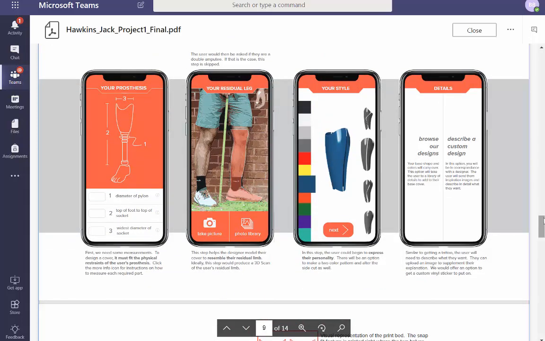I'm tempted to critique the design of this guy. Like, what if you don't have a residual leg, but you still want it to fit what you consider normal as the amputee? How do you adjust that sizing? Also, it's multiple images of the leg. It's not just one. You gotta do like a 360. So I'm not gonna judge the app right now. It's kind of beyond my purview.